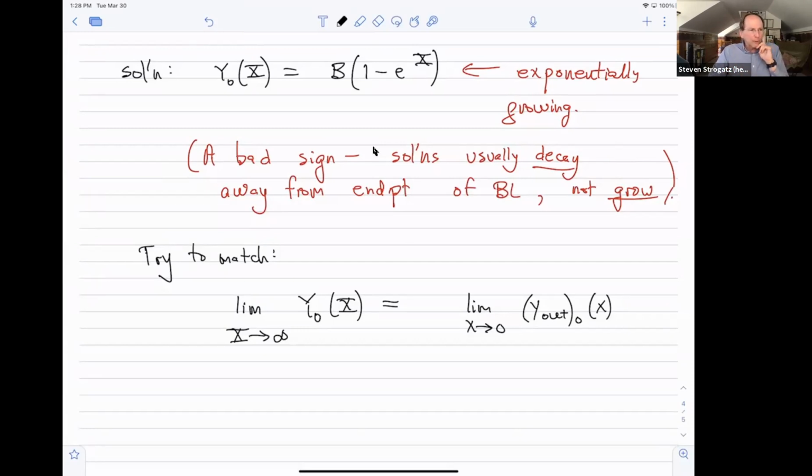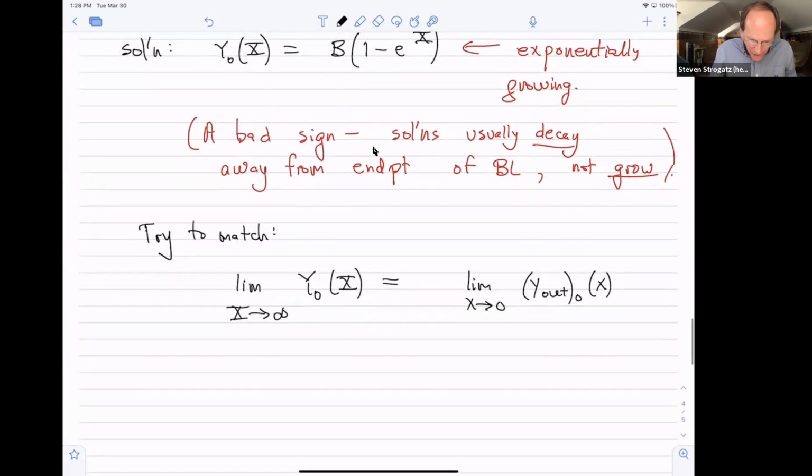You might look in Bender and Orszag in the next section of the book. In 9.5, they do several more advanced examples of boundary layer that I wasn't planning to cover and have not covered in the past and have not taught myself. So it could be that they have layer inside of layer in there doing what you're suggesting, but I'm not sure. Okay, but anyway, so let's try to do this match.